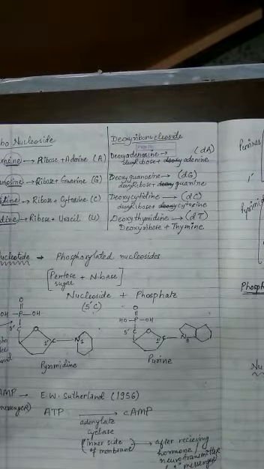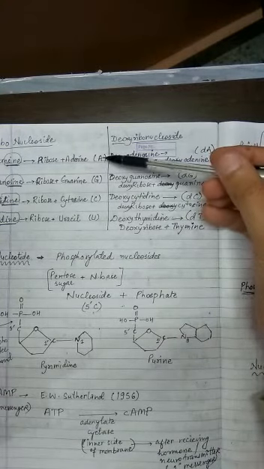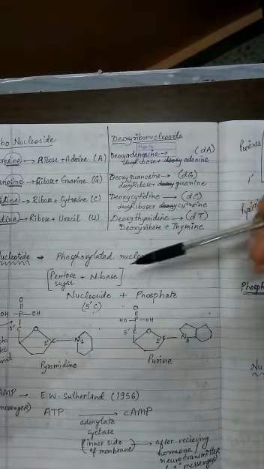Now parallel to this we have deoxyribonucleosides. Okay, one more thing, how do you represent them in symbols? A, G, C and U. So same symbols, just like the case of the nitrogen bases we use.